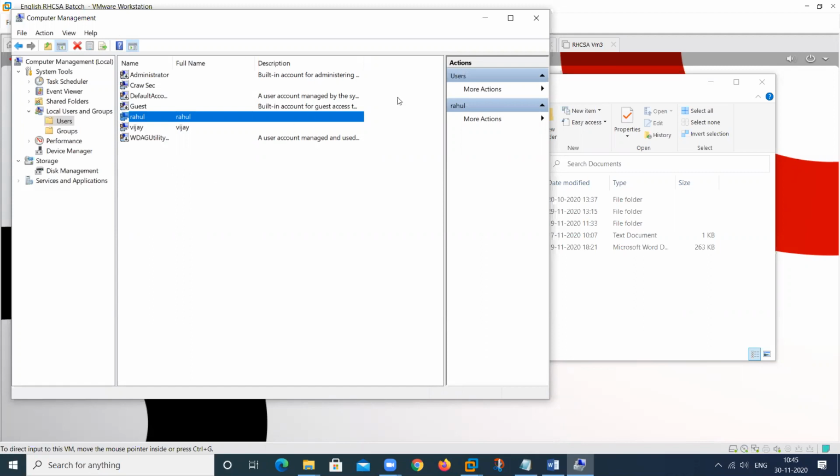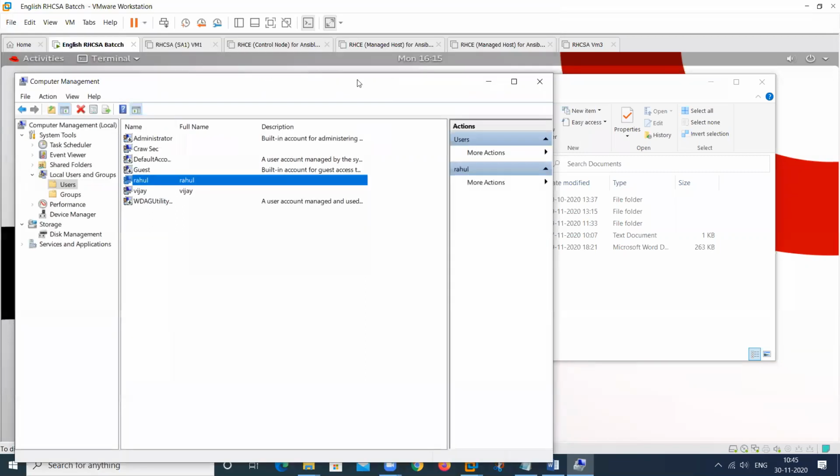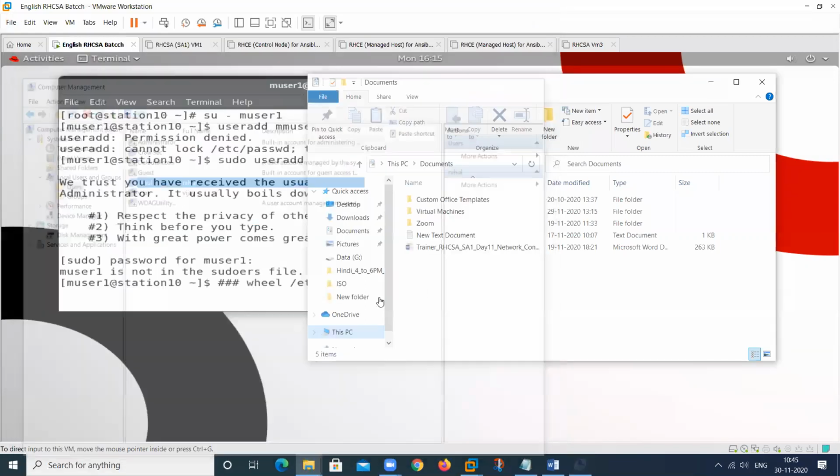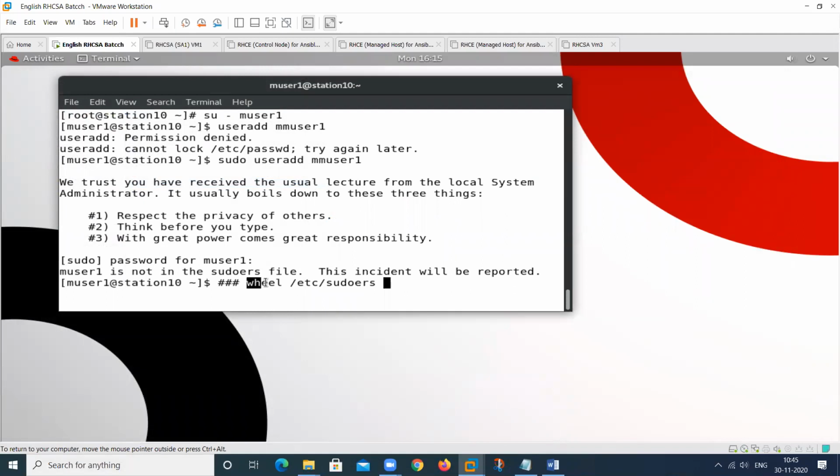Just the same way I can use it in Linux also. In Linux, if I add any user in this particular group, this is the administrative group, and we also have a file, because in Linux everything is a file. So we can add the entry manually also. So this is a file.